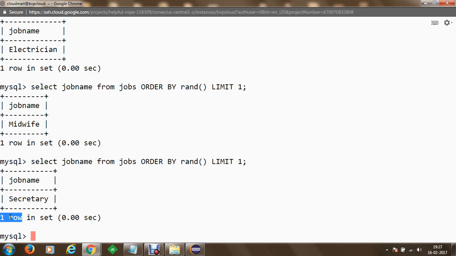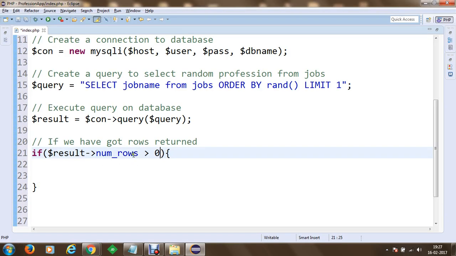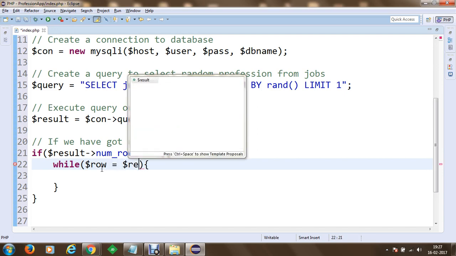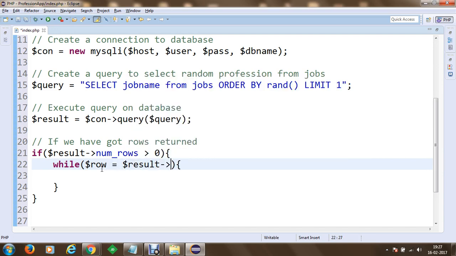Here you can see that 1 row returned, so 1 will be greater than 0. If we have got successful execution, we are going to get an associative array of results, and to do this we are going to save every individual row within an object row. We are going to get the associative array from the result variable.